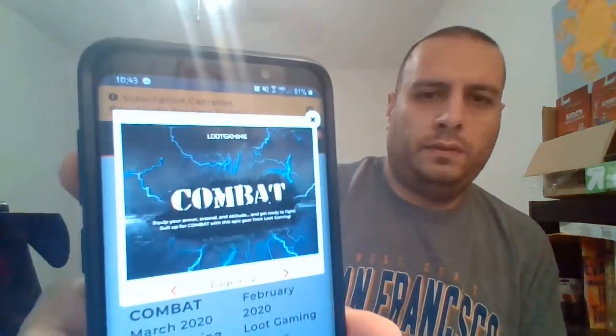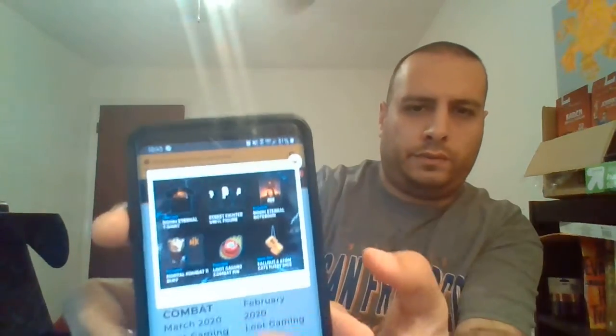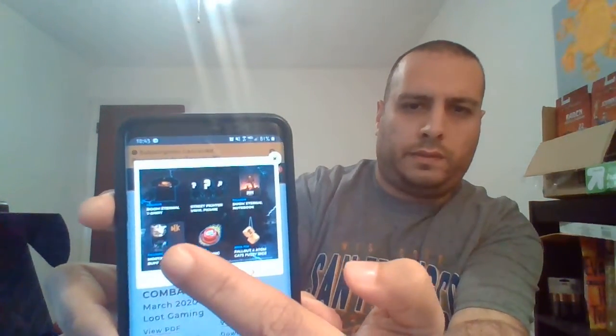So this box, being the March, is called Combat. And the image that it shows here, that's the theme of that one. And the second image, if it loads here. Okay, so these are the images that are supposed to be in there, but I do not have this guy, the